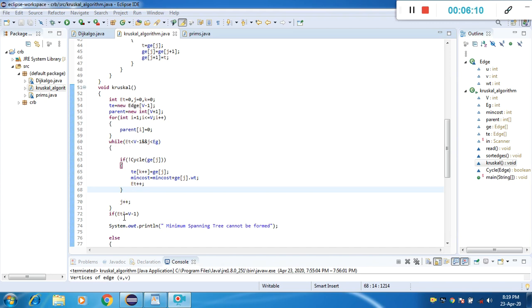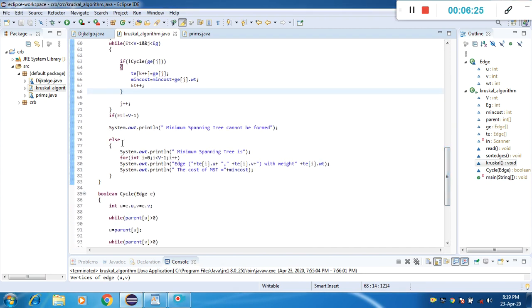Then if e is not equal to v minus 1, meaning the number of edges is not equal to the number of vertices minus 1, then say that the minimum spanning tree cannot be formed. Or else the minimum spanning tree is possible, and you have to display it as System.out.println minimum spanning tree is.